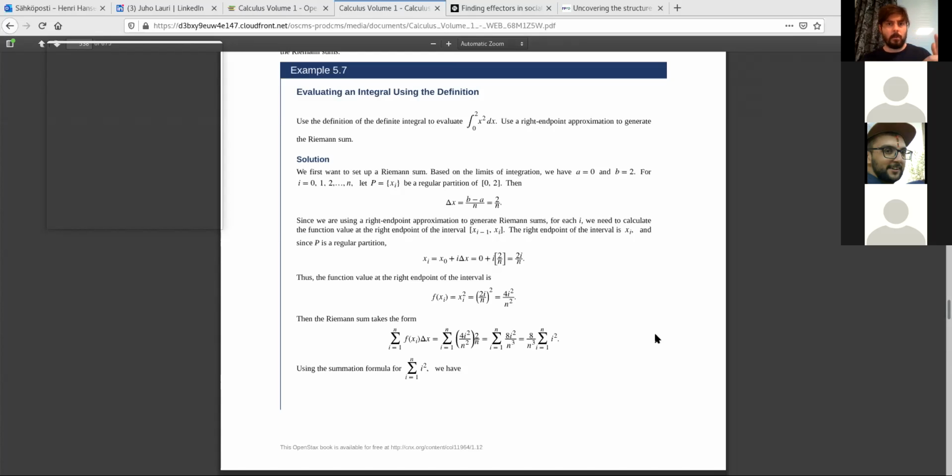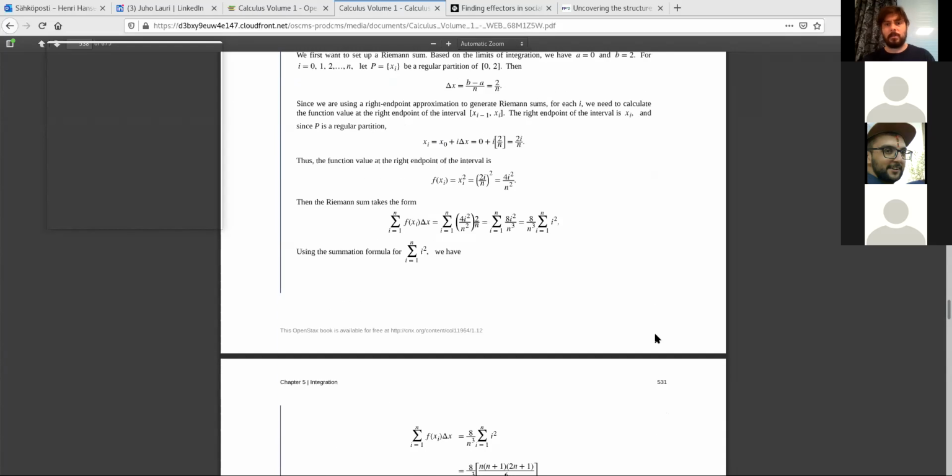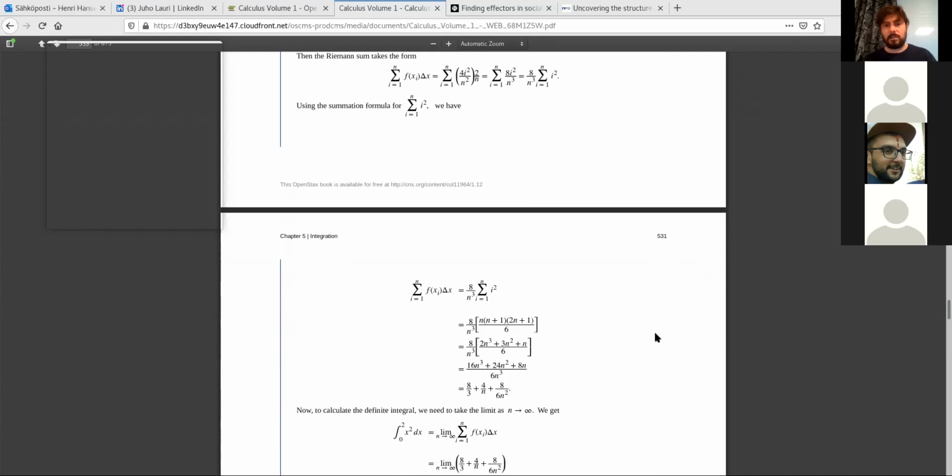Here, the idea is that we can look at it from a table, or ask Wolfram Alpha or something. What is the sum as i ranges from 1 to n of i squared? It is the term 2n cubed plus 3n squared plus n,